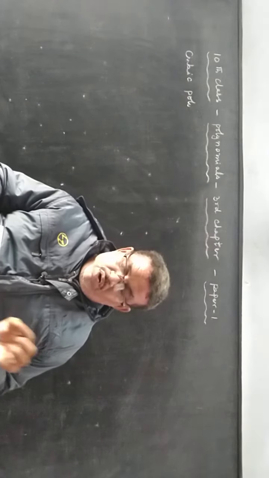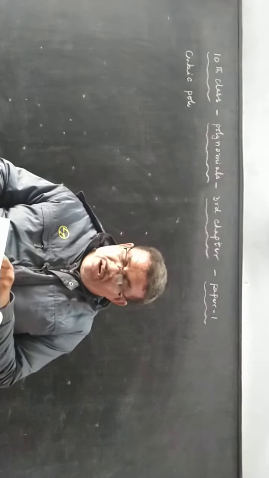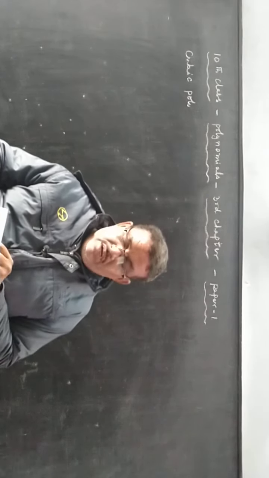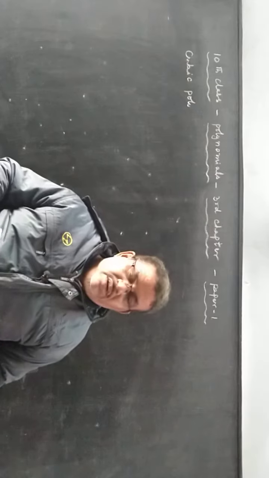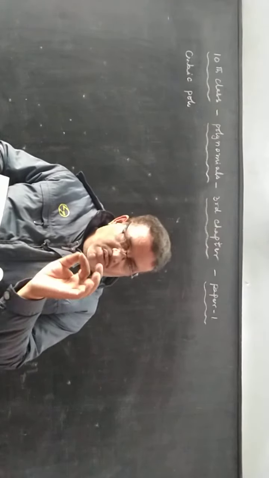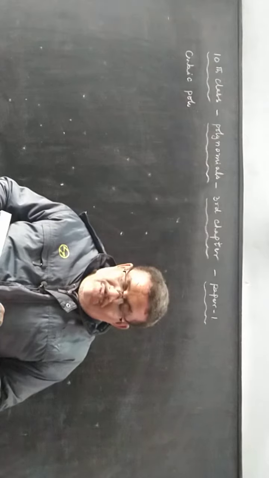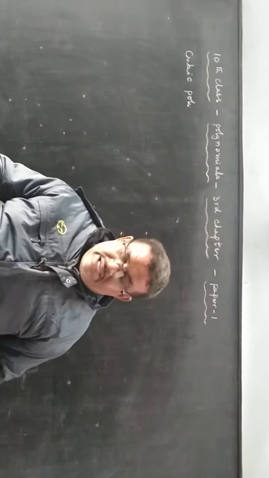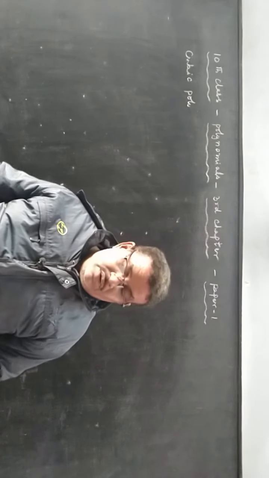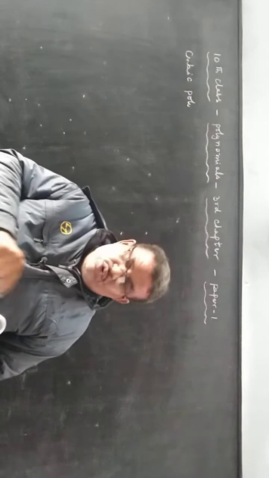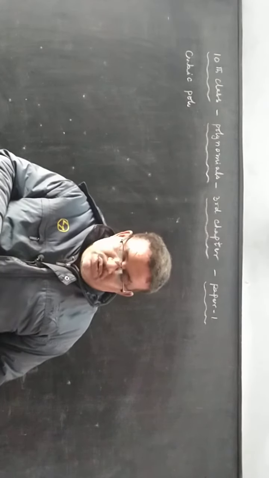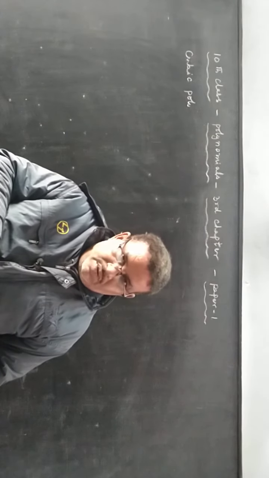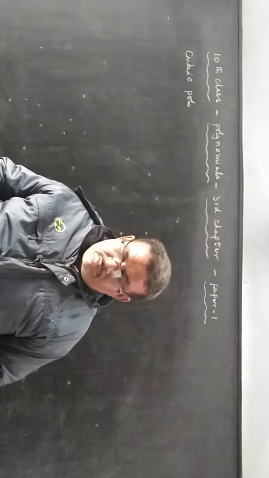Find a quadratic polynomial in each case when the given numbers are the sum and product of its zeros respectively. Sum and product of zeros given. If alpha comma beta are the zeros of a quadratic polynomial, alpha plus beta is 1 by 4. Second Roman, page number 67, properly see. The first value is sum of zeros, second value is product of zeros. Alpha plus beta is 1 by 4. Alpha beta is minus 1.